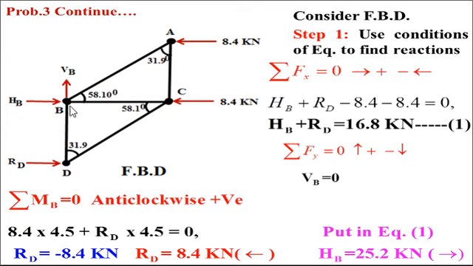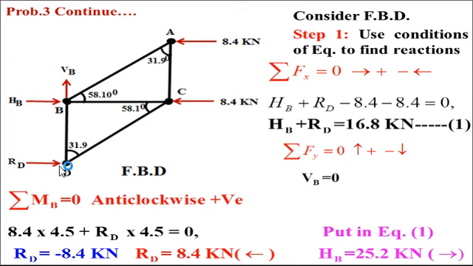Okay. So for moment about B, the moment of VB will be 0, HB will be 0 and the 8.4 will also be 0 because their lines of action meet at B. Only two forces will cause the moment. The first force is 8.4. This is the line of action, perpendicular distance 4.5. Then RD, this distance is also 4.5. So 8.4 and RD both are rotating anti-clockwise, so they will be positive. 8.4 into 4.5 plus RD into 4.5, and we will get RD as negative.